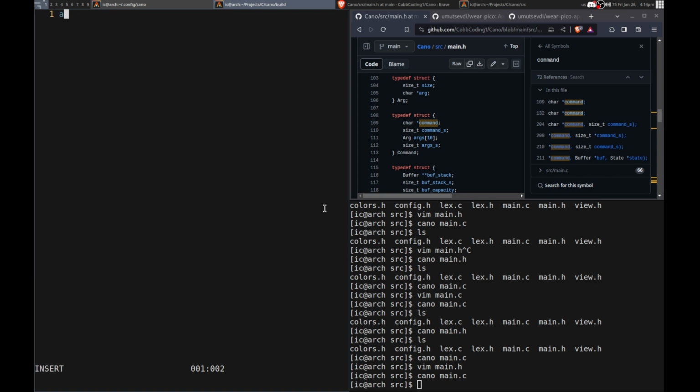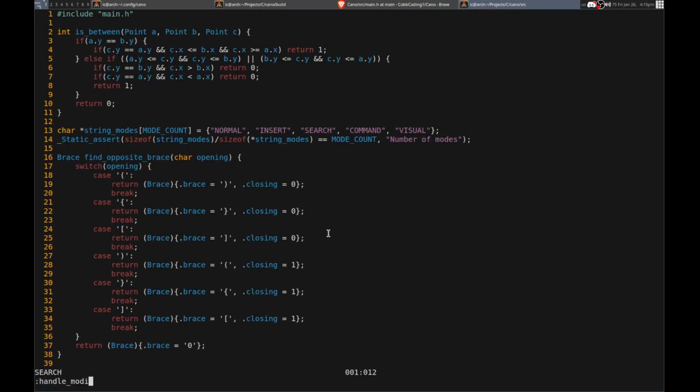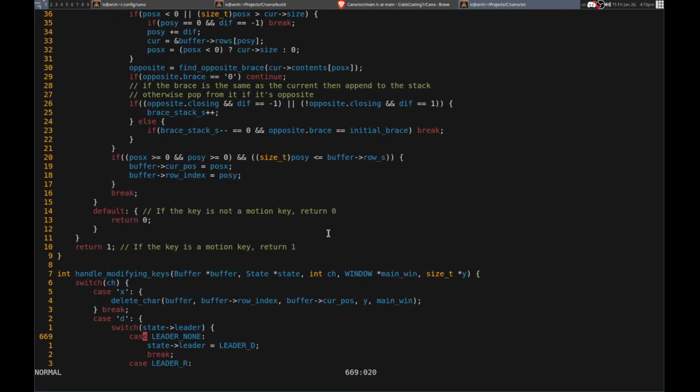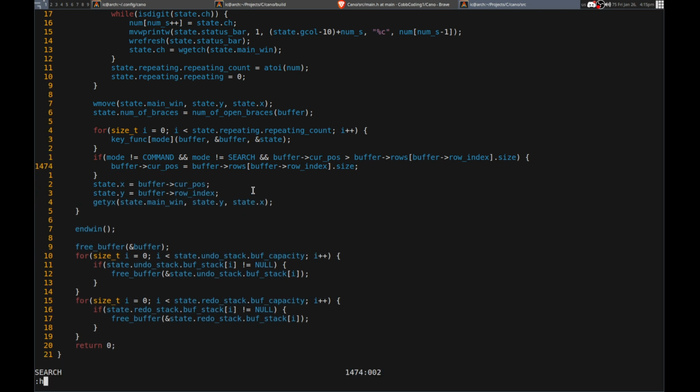Let's go in here. So if I press D, that should set the current leader key, and if I press D again, it doesn't do it. Okay, did not work. It might be getting reset. Let's read something. Handle modify. I'm pretty sure this is right. We switch on the current leader, and depending on that, but we shouldn't reset it anyway. So we do reset it at the end here. Shoot, so we can't do that. Yeah, because it resets it. So how can I do that? Well, for now I'll just put it into the